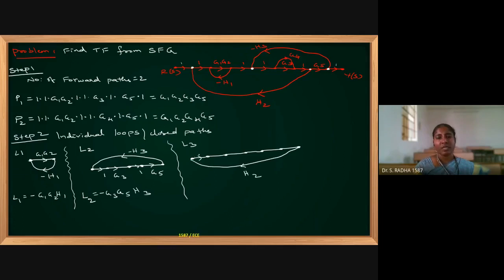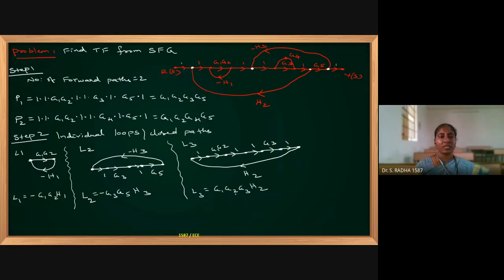Okay, so here I have 1. This is G1, G2, and then it is 1. And here again 1. Then I have G3. After G3, 1. Okay, this is the third closed path. And here H2 is positive. If you write the product of the gains in the closed loop, it is 1 into G1, G2 into 1 into 1 into G3 into 1 into H2. This is the product of gains in the third loop.